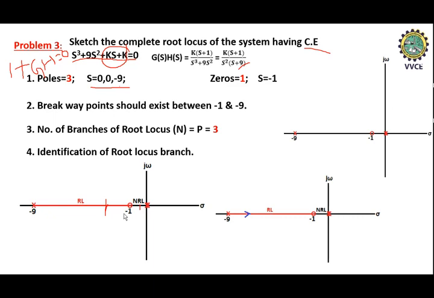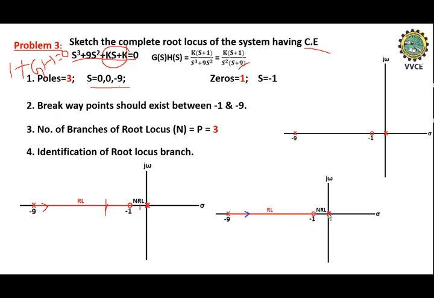If the breakaway point wants to exist, then it has to be on the root locus branch itself. But in this condition, 0 is present, so this root locus branch is originating from the pole at -9, as I have indicated like this. So this is the root locus branch. This branch is originating from -9 and ending at -1. So the complete branch is completing here itself, because this is a finite branch. Starting from -9, at -1 it is ending. You got both the starting point as well as the ending point for this branch.